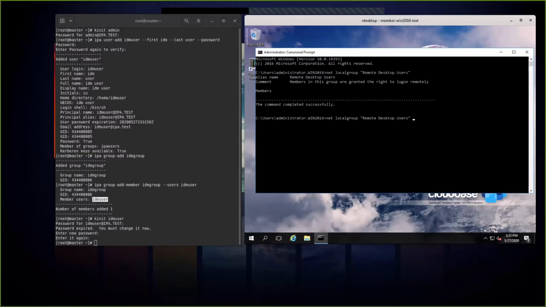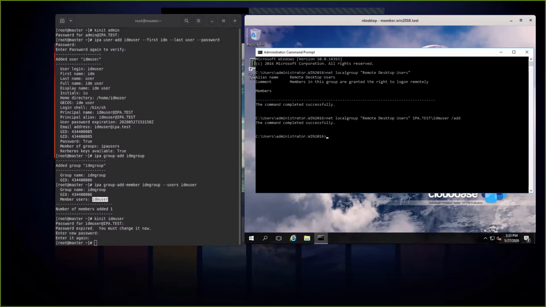So I will add my IDM user. He is part of the domain IPA test and his name is IDM user. And I will add him to my group of remote desktop users. Okay.